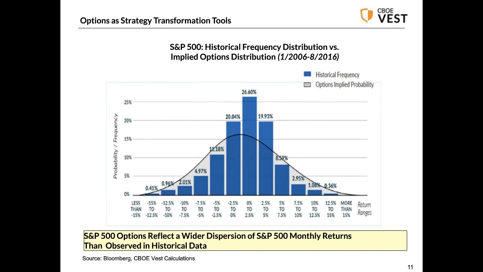This is also quite interesting. This is a profile of the historical frequency of returns, monthly returns, same as on the other page, but the black line shows the implied distribution from option prices on S&P 500 options. And you see that it's flatter and wider than what we actually observe in the marketplace. So this is part of the story of why there's a slightly, at least for index options, net benefit from selling rather than buying, because the implied distribution tends to be wider and flatter than the actual distribution of realized volatility or actual market volatility.